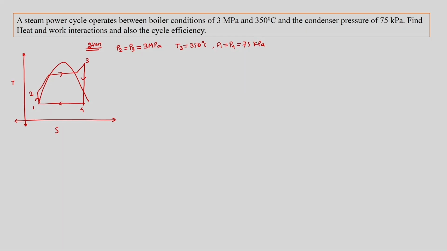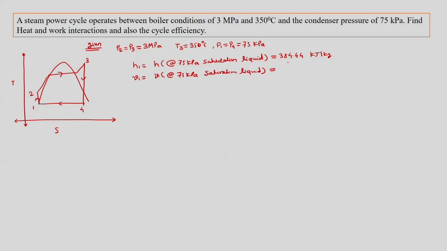Again, as we did for the first example, we have to go to the steam table and find out the enthalpy corresponding to 75 kilopascal saturation liquid, and this would have a value of 384.44 kilojoule per kg. Here we also need to find out the specific volume at 75 kilopascal saturation liquid,